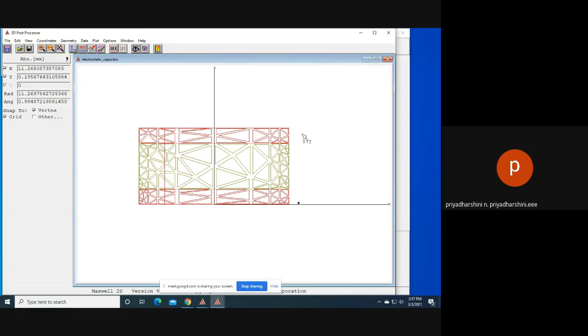We know that at the sharp corners of the conductor, the fringing effect is there, right? It is an electromagnetic concept. In order to reduce the fringing effect, at the sharp corners the finite element area considered is very small. You can see these small triangles. But in the inner regions the triangle size is large. It is taken by default by the solver itself. Like this, we analyze electromagnetic field concepts using the Maxwell software.